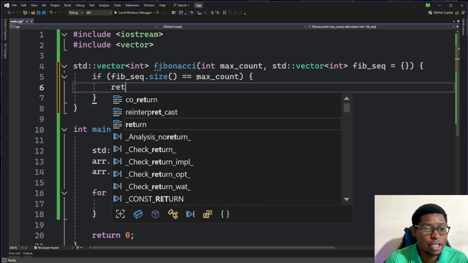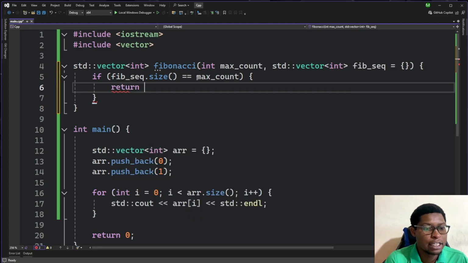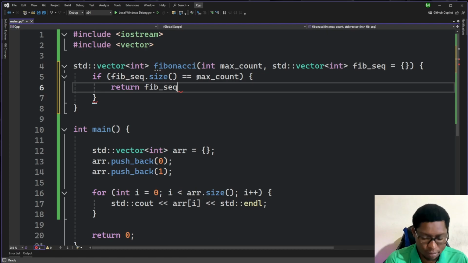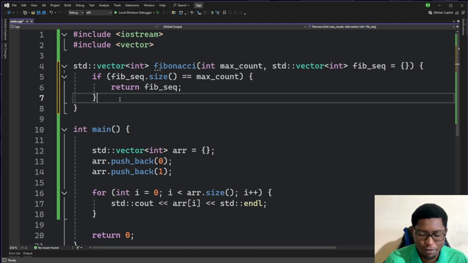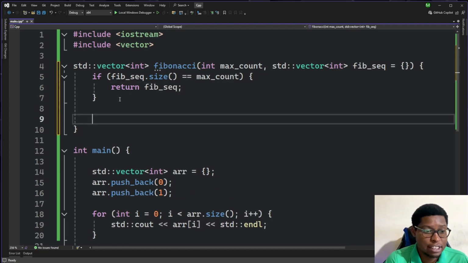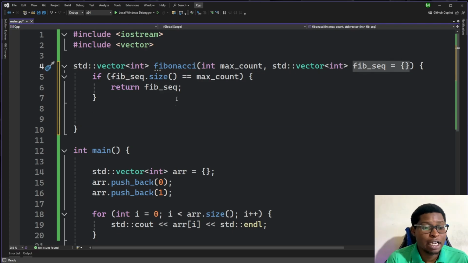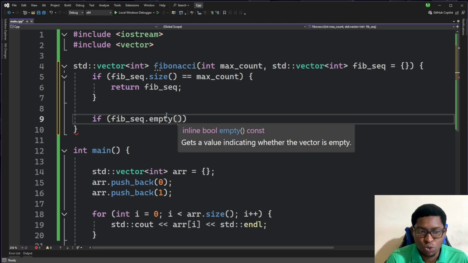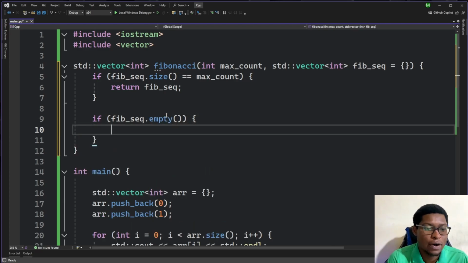And if it is, we'll return the value of this Fibonacci sequence, right? So that's the first step. The second step is if we have an empty vector here, so we'll just do if this Fibonacci sequence is empty, so at least we have a function that can allow us to check whether it's